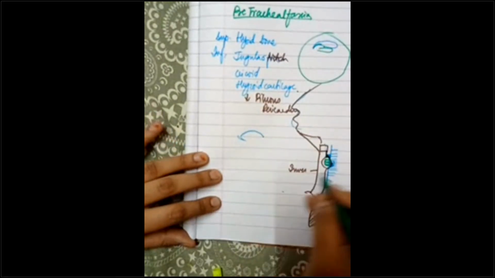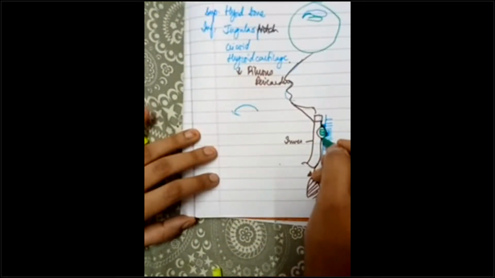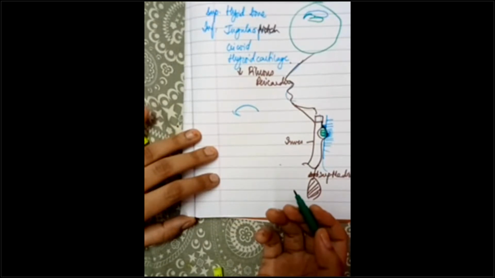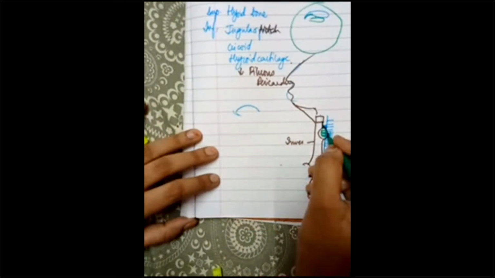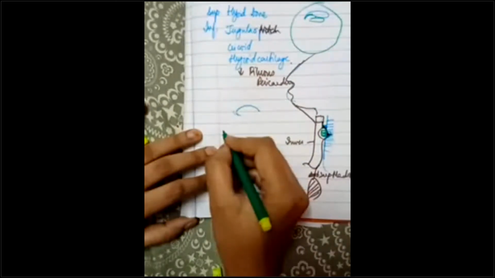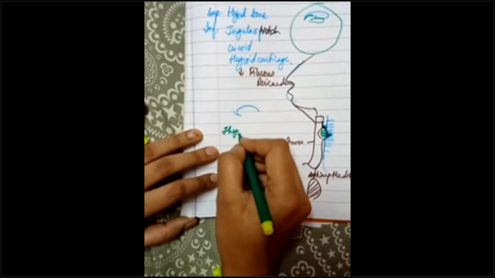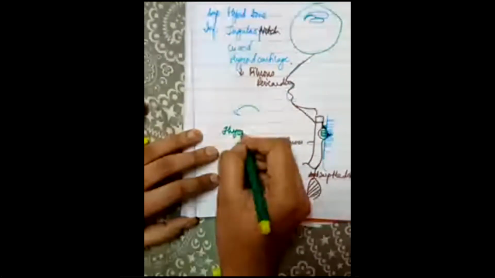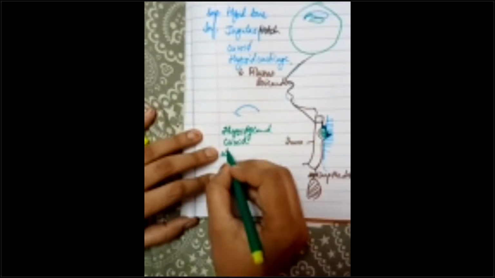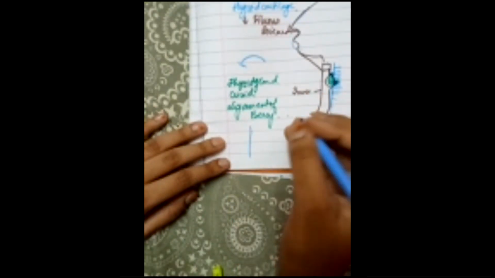Now we will trace it vertically. What will it enclose? It will enclose the thyroid gland. Nothing much. The thyroid is attached to the cricoid by a modification of the fascia, and that is called the ligament of Berry. Ligament of Berry. This is the modification of the fascia. That's why, when you have a midline swelling, this is a clinical applied point.